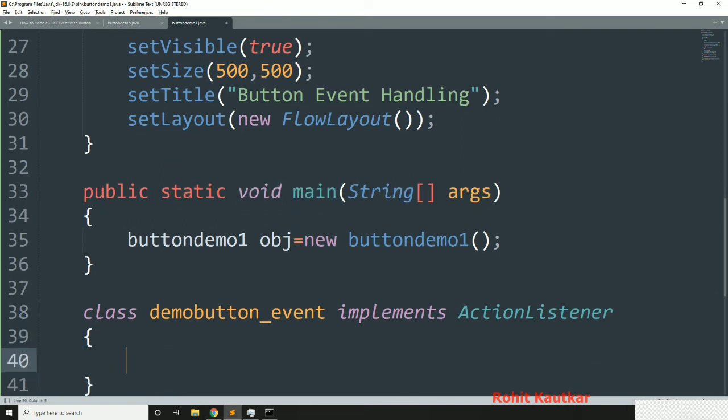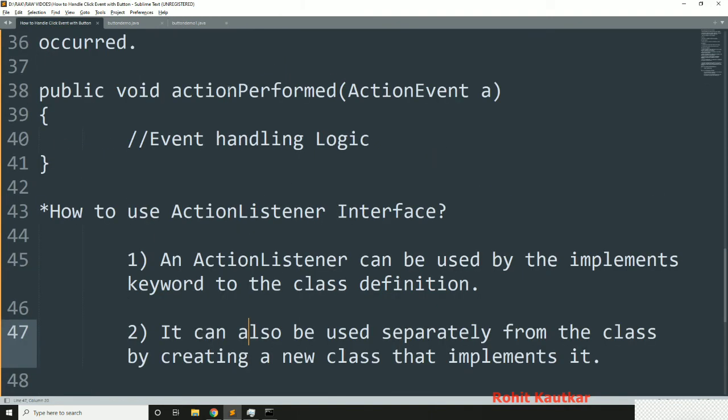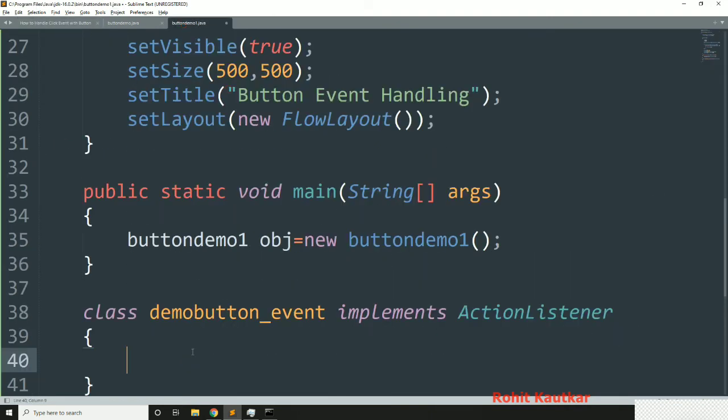Okay, and now within this class we will try to implement the actionPerformed method.